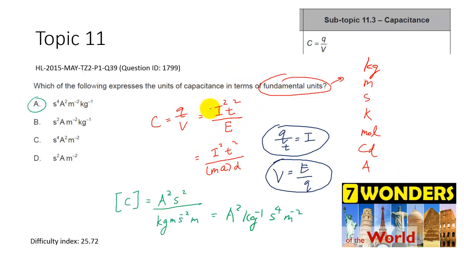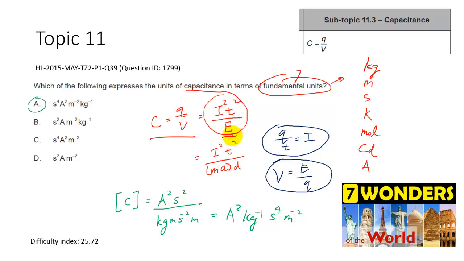First of all, you have to find the definition of capacitance from the formula booklet, or you can just recall it. It's Q over V, charge over voltage. And the second thing that you want to recall is the 7 fundamental units, which are kg, meter, second, Kelvin, mole, candela, and amperes. And then with the help of these two equations, I equals charge over time, Q over time, voltage equals energy over charge, then you can convert into this equation with the help of work done,